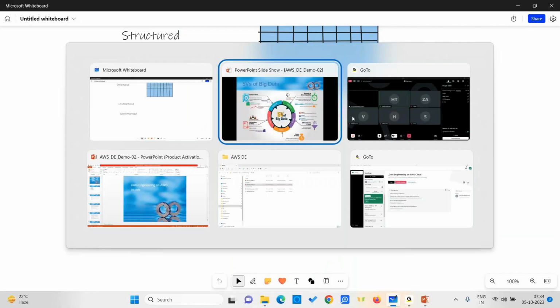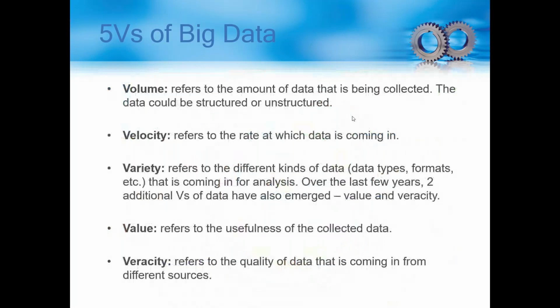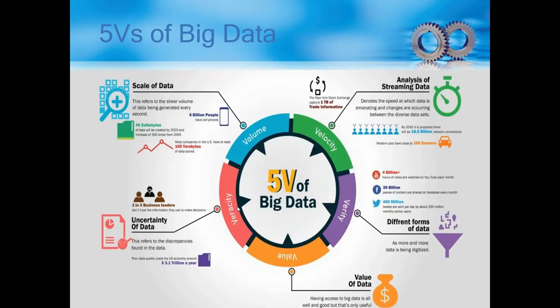Okay, and then the third one is variety of data. As we just discussed, this refers to the different kinds of data, data types, and formats in which data is coming in for analysis purposes. For the last few years, these two additional V's have been added. See, variety of data. If you see this here,